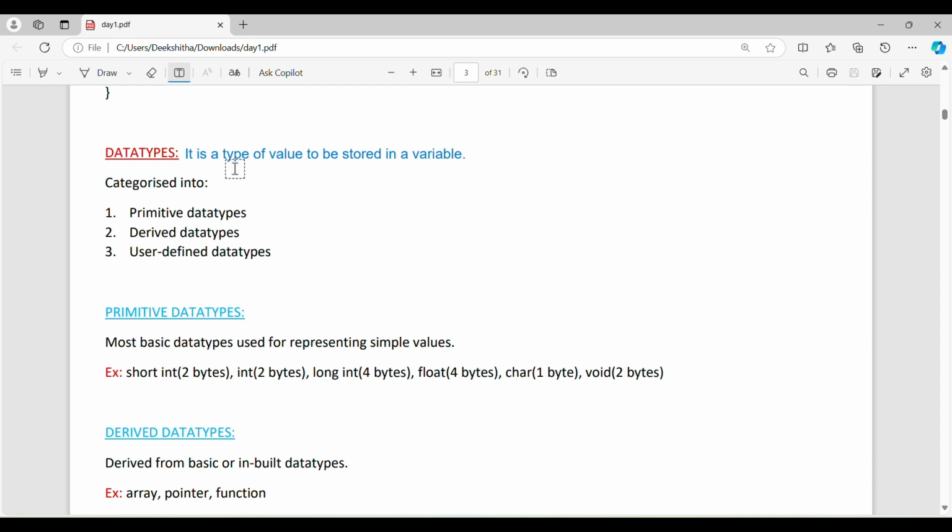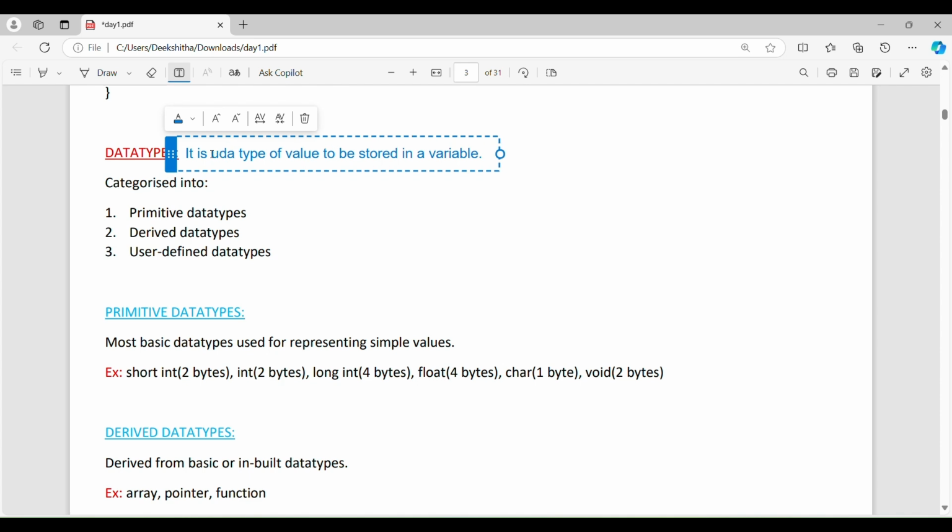Yeah, it will be further used for you when I give you the link for the PDF, right? Okay, data type means it is a type of value to be stored. It is used to identify, it is used to know the type of value to be stored in a variable. Okay,